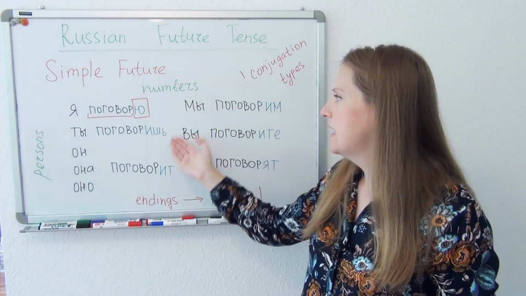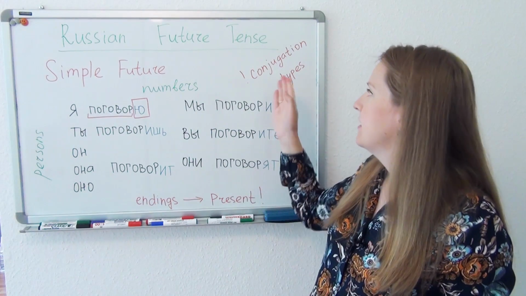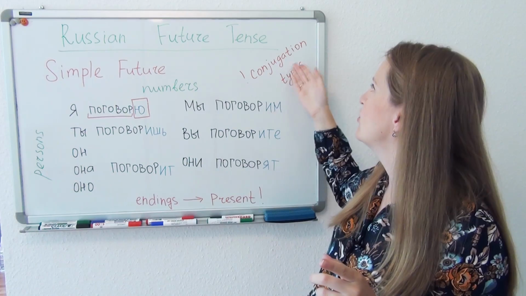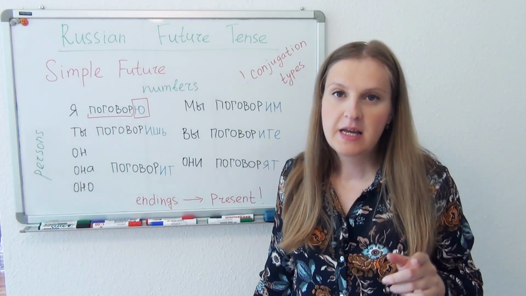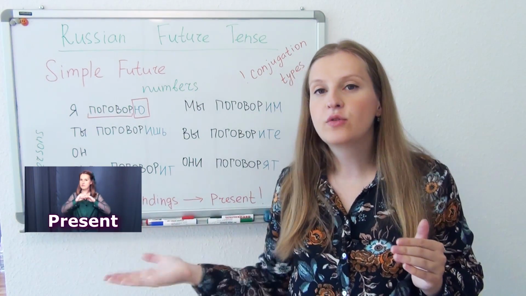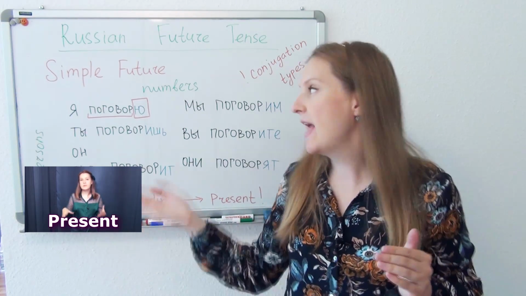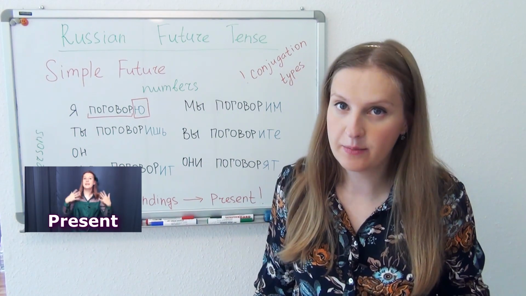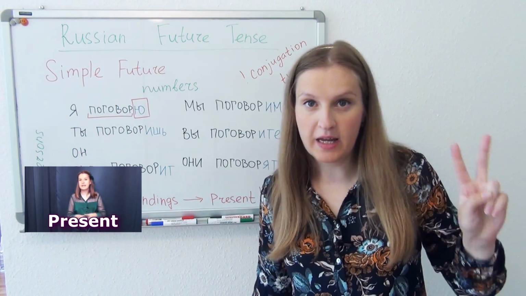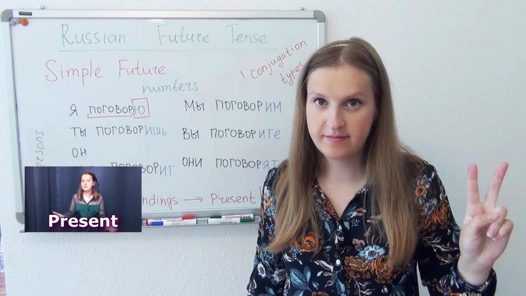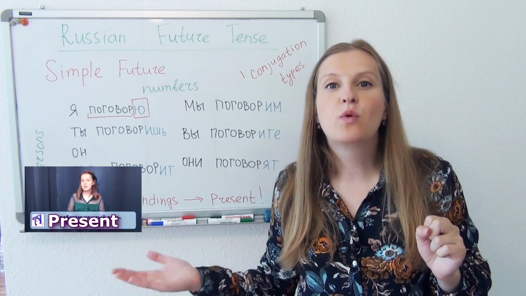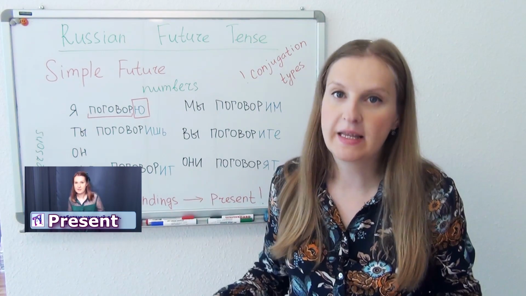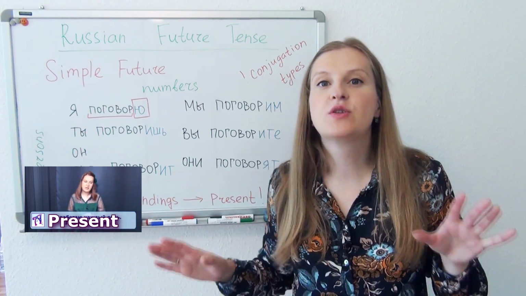So, here, be careful and note the conjugation types of verbs. If you watch this class devoted to present tense, you will see that the endings depend on the conjugation type of verbs. There are two types, the first and the second. So I strongly recommend watching this video so that you would see what endings we use when. Now I don't want to waste our time.